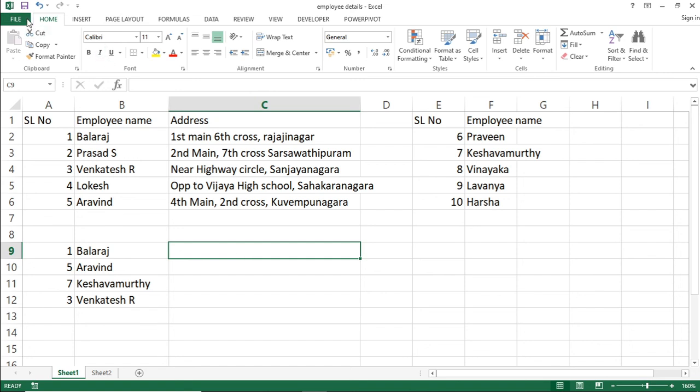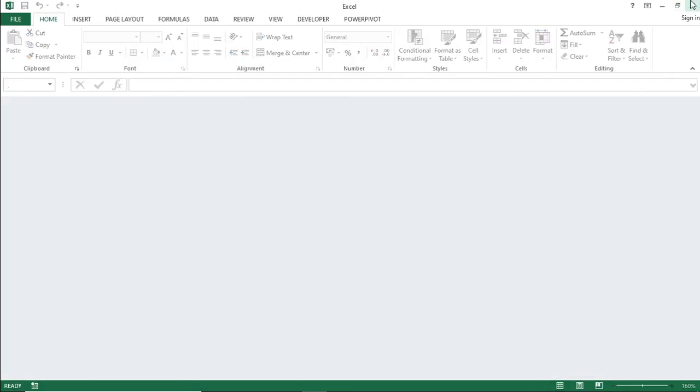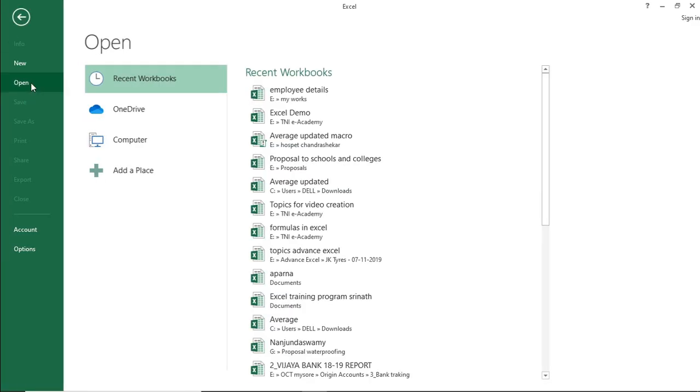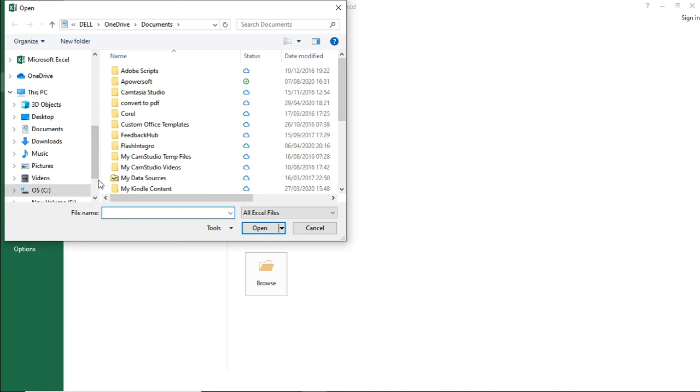You can close this and also you can close the application. If you want to open it, you can click on File, Open, and you can get it in the recent workbooks, or if it is not available, then only you can go for File, Open, and use the Browse option to select where the file is present.